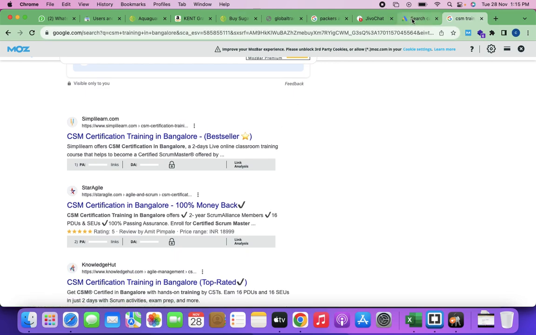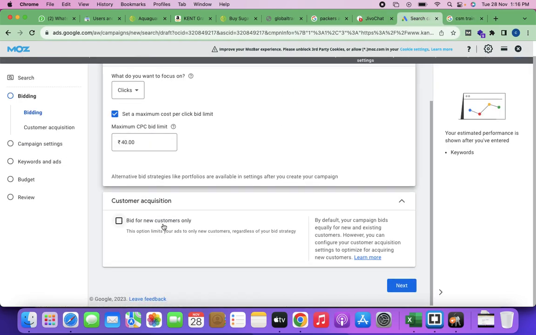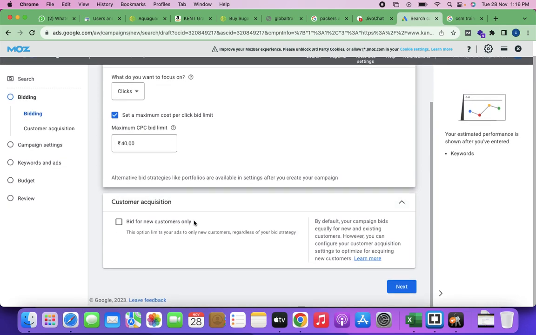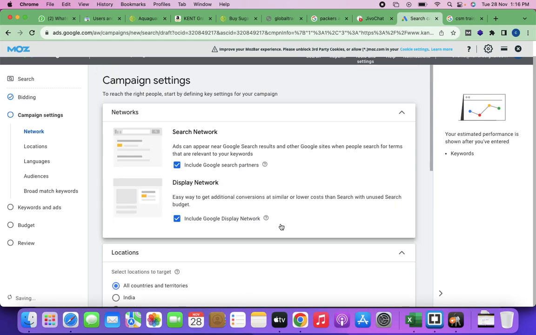And that's exactly the same happens with this setting. So I don't want that to be happening. If somebody is searching, he may have visited my website 1 month back or 10 days back, he haven't made the purchase yet. If he is searching for it, still he is in need of it, correct? So I'll just unselect this and go with this option. Click on next. Yeah, and you have to be very careful.